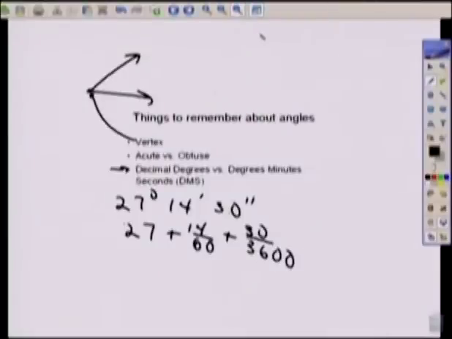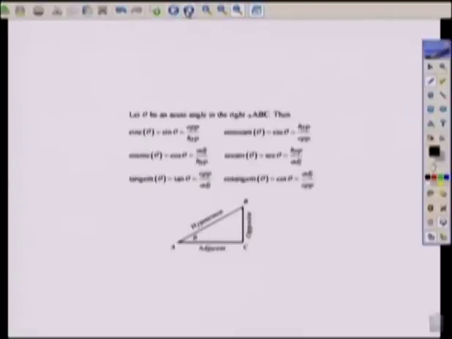So moving on here, let's introduce the 6 basic trig functions. Back in geometry, you should have been exposed to these first 3 right here, sine, cosine, and tangent. Now, down here we've got a right triangle. Let me label angle C as our right angle. And all of the trig relations are relative to the triangle that's being drawn here. So in our right triangle, I have angle C as my right angle, and angle theta here is at the vertex A, and that's what we're going to be looking at for each of these